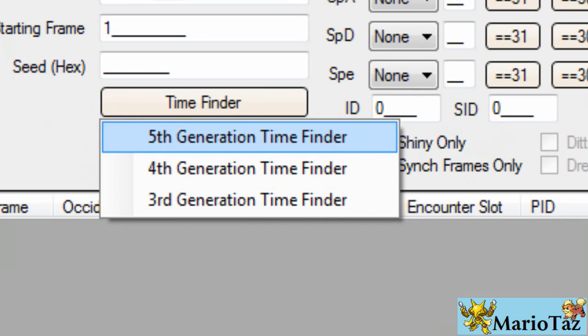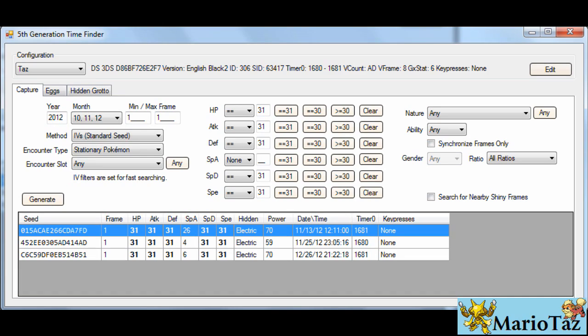Now if you go back to DS Parameters Search and click on Time Finder and click on the 5th Gen Time Finder, you'll be sent to this screen here. Now there's a lot going on here, but it's quite easy to explain. What we have here at the top is all of the configuration information settings that came from your DS parameters, such as your Black 2 ID, your secret ID, your timer zeros. I can see I've got my 2 there. V count, V frame, GX stat, and the fact that I pressed no key presses when I booted up my